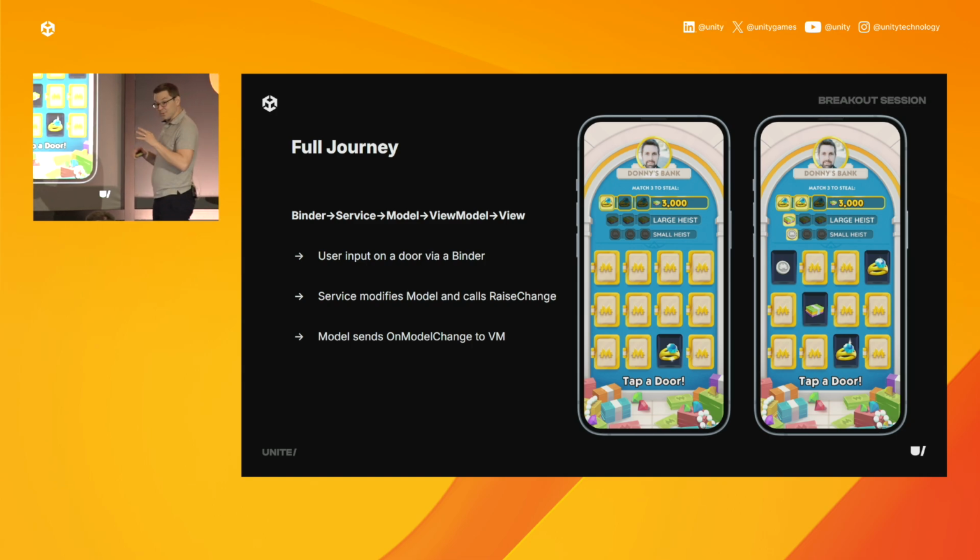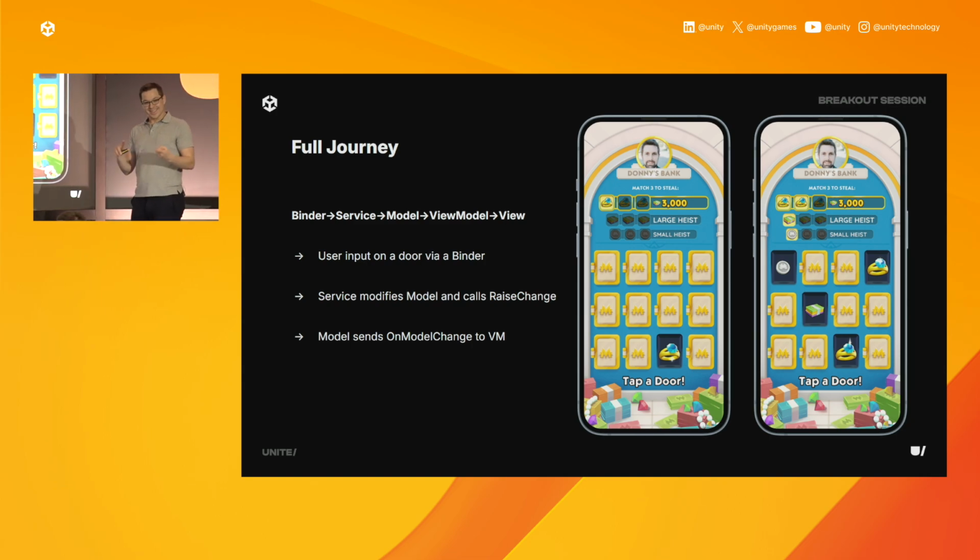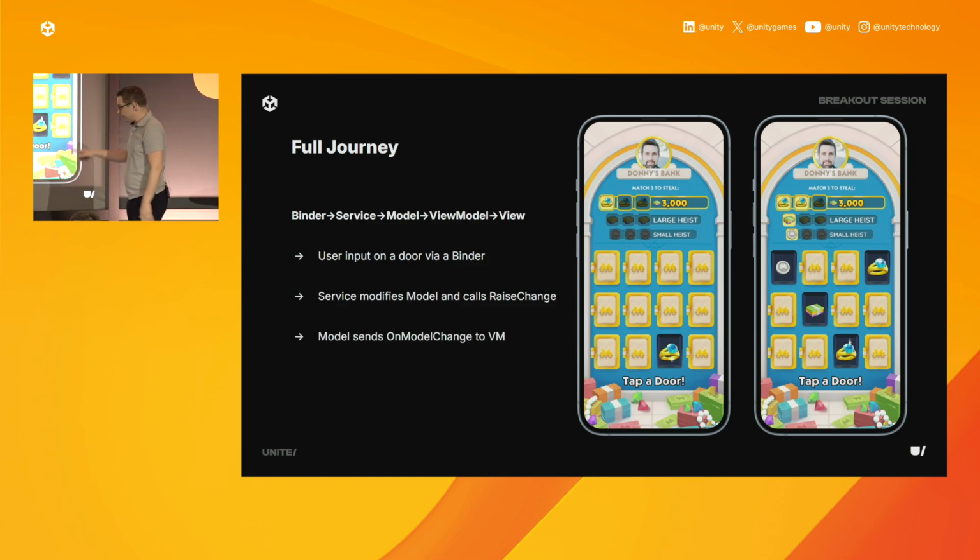So here's the full journey now. I've talked through binders, services, models, view, observables, observers. It's a lot of technical jargon. There's probably some other stuff. But what ends up happening here is if you want to tap a door,